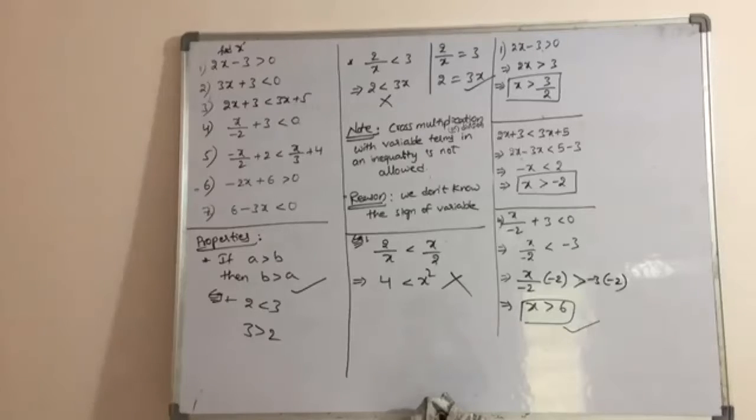When you multiply with a positive number on both sides, the inequality remains the same, but when you multiply with a negative number on both sides, the inequality gets changed, or you can say gets reversed. Again, if you divide with a positive number on both sides, the inequality remains the same. If you divide with a negative number on both sides, the inequality changes. Okay, the inequality remains the same when you multiply with